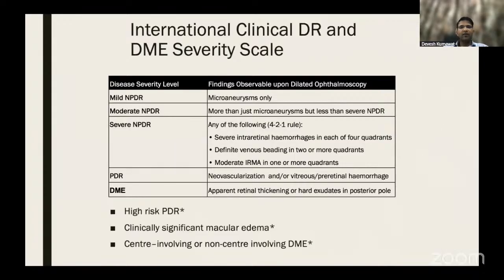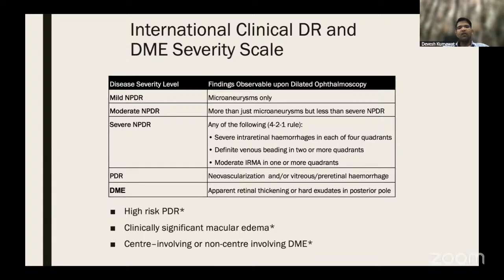Now, the international classification system is commonly used. So mild NPDR is basically only presence of microaneurysm, then moderate, which is more than mild but less than severe. Severe is 4 to 1 rule. You have to be aware of this rule. Then very severe is when there are 2 or more of 4 to 1 rule, and then PDR, and then